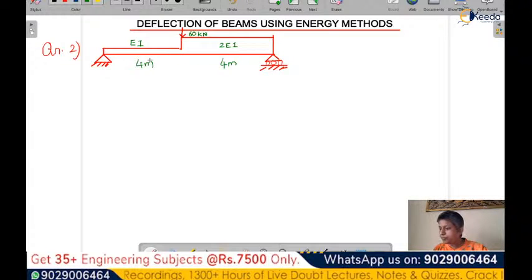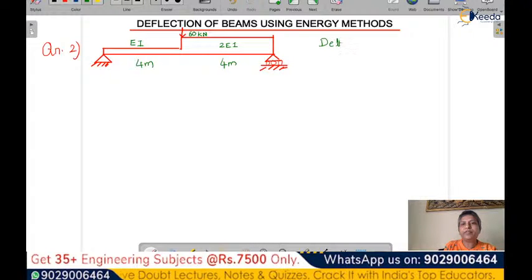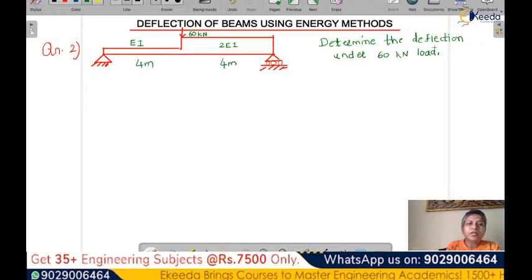We have to determine the deflection. So the question says determine the deflection under 60 kilonewton load. Okay, so this is our question. Now here, you can see that one load is acting in the middle, and the spans are 4 meter, 4 meter. So you can simply guess here that because the load is acting in the middle,